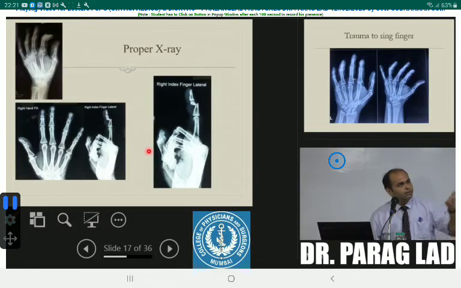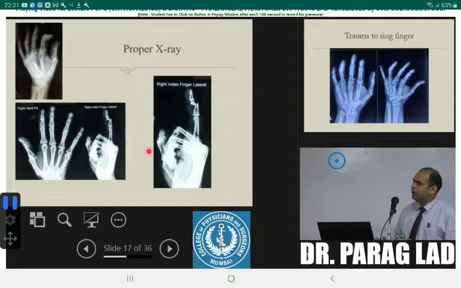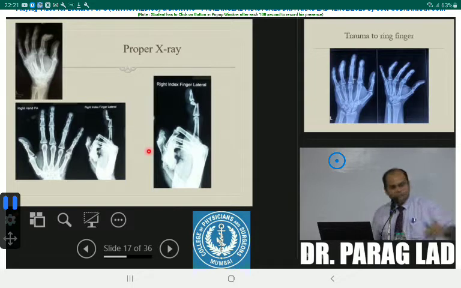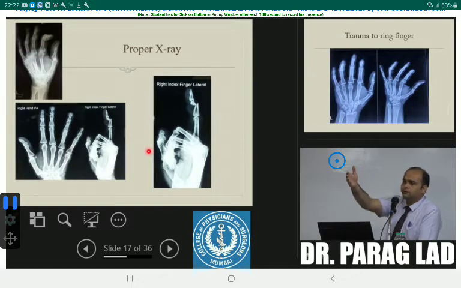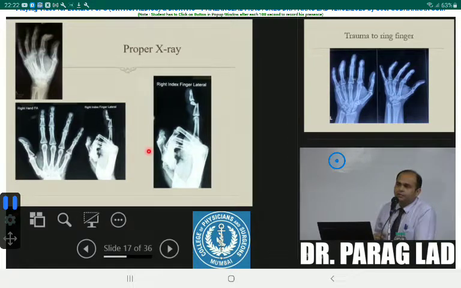And then he came to us and we took a dead lateral X-ray of finger, AP and lateral X-ray. See this. This is complete. Now, yes, doctor, can you please read this X-ray? Yes, yourself. Yes, please. Can you read this X-ray? Just read this X-ray. If this X-ray comes to you in exam, can you read it?